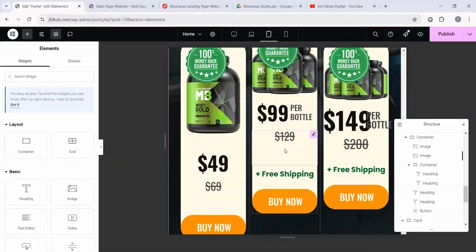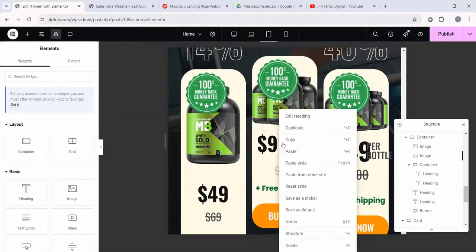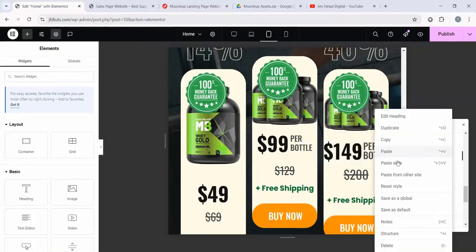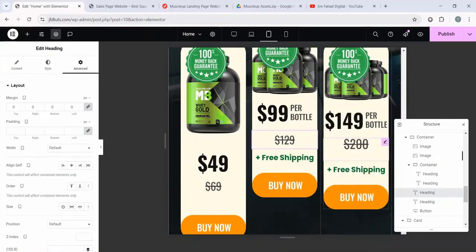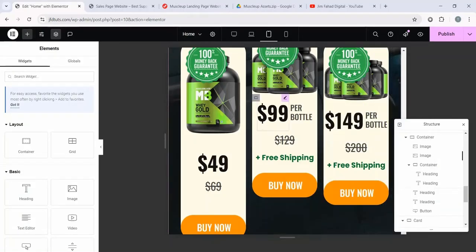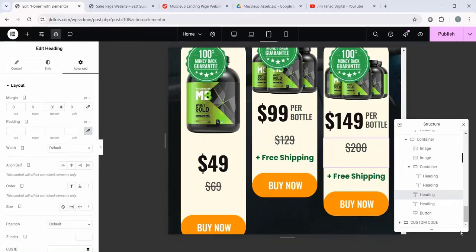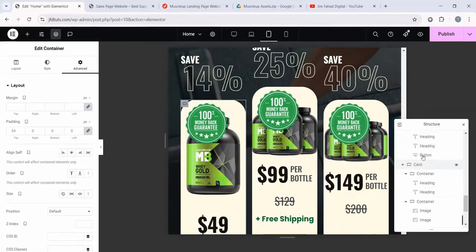And by the way, we don't want the bottom margin from this text, so let's just grab it and make it 0. Then let's copy this text and paste the style, copy this one, paste the style, and of course this one. Alright, but for this one, let's just bring the margin 36 back. Now it's looking really ugly, I know. So to fix this, let's select this individual card, hold on, this card,